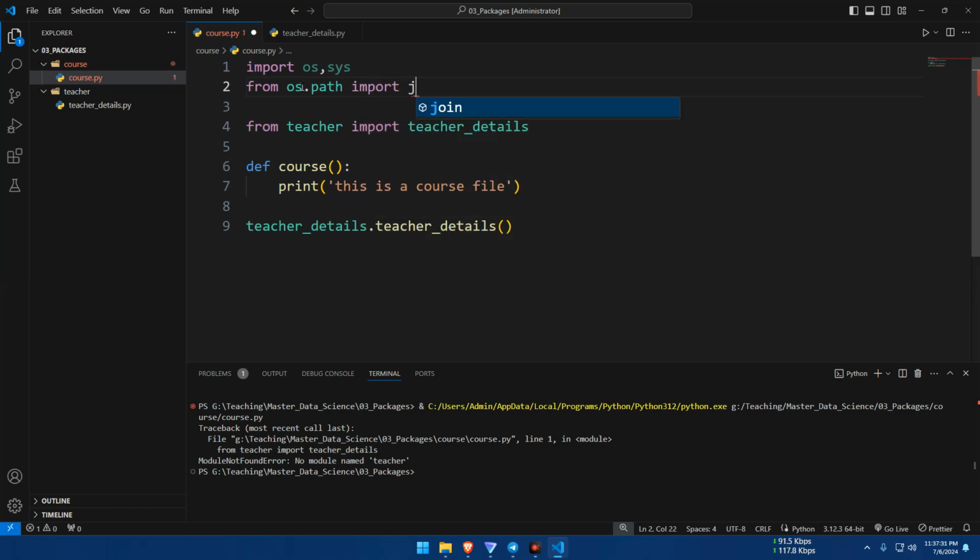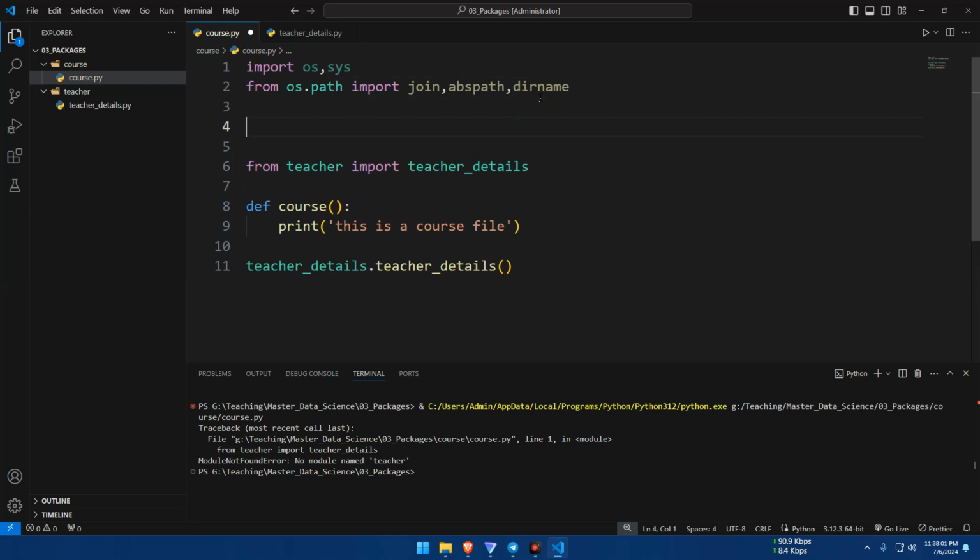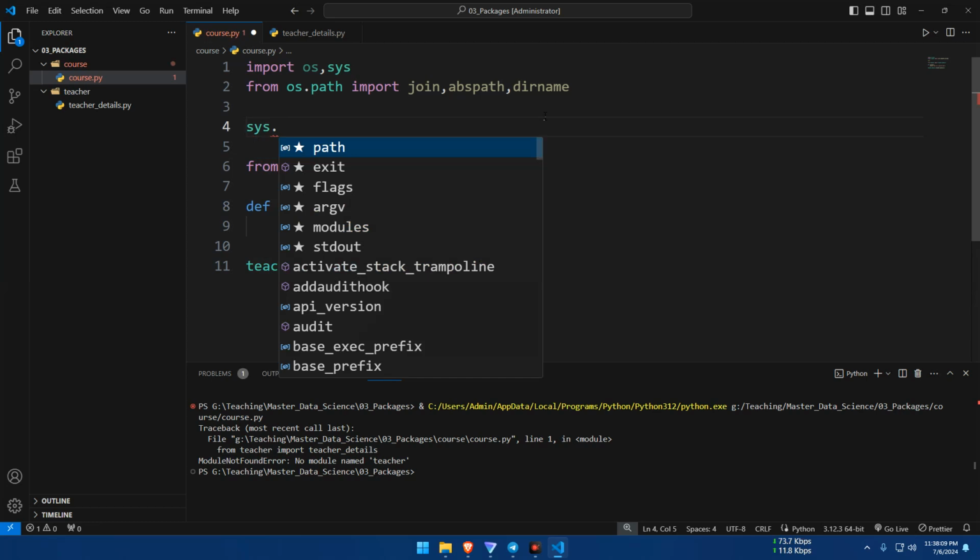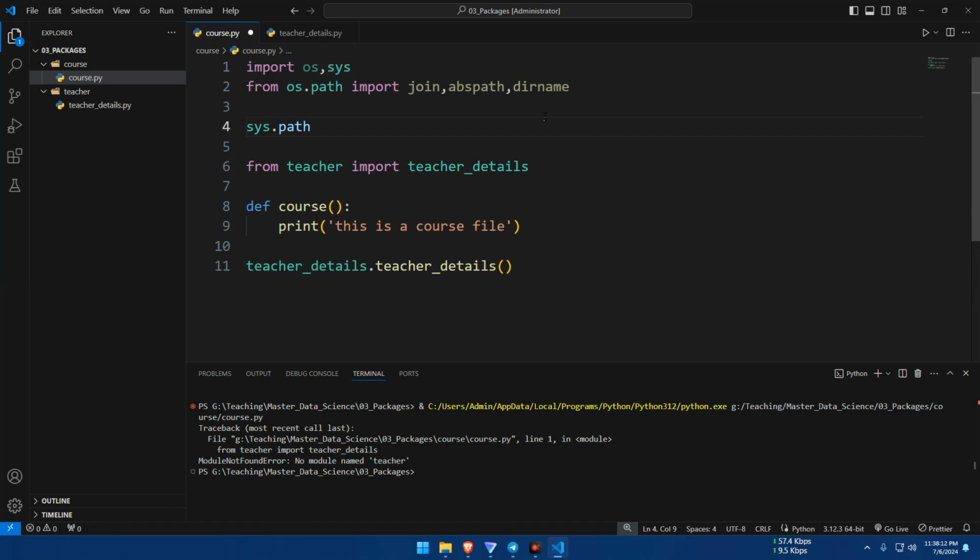So what we want to import is join and then absolute path, and then the directory name, so dirname. And now we have to define the path. So what we are going to do is sys dot path dot